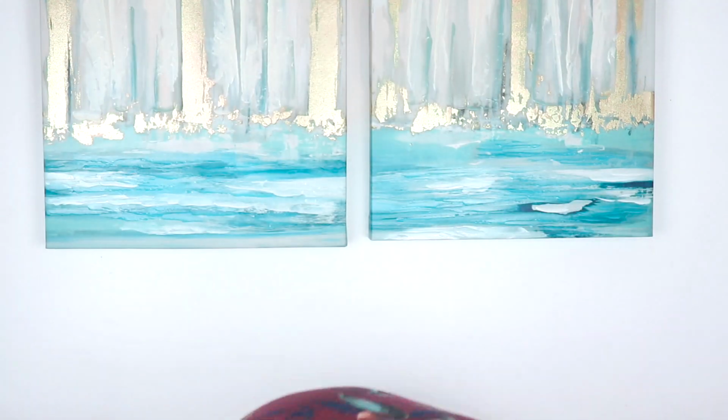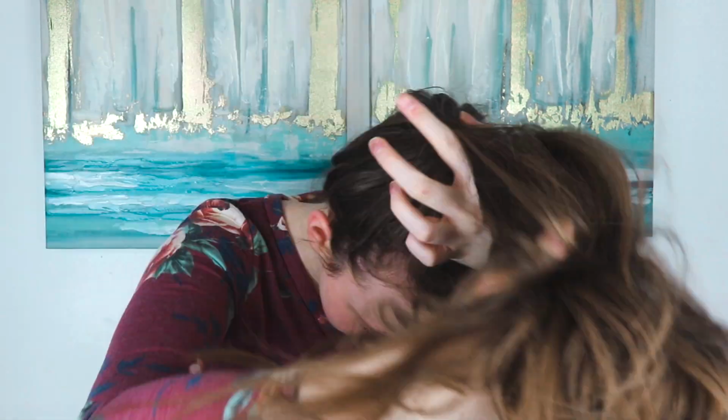My favorite methods either involve a scrunchie or some alligator clips like this. I prefer alligator clips just because I feel like there's a little bit more control. You could use a scrunchie too. But I do a pineapple bun instead. So I flip my head over. I gather it in a ponytail like this, very loosely. I'm not pulling super tight when I have my hair flipped over. I'm just combing things, and then